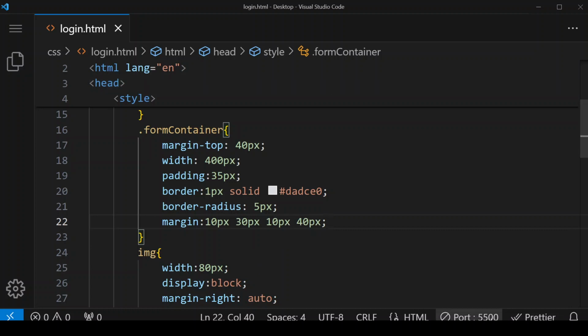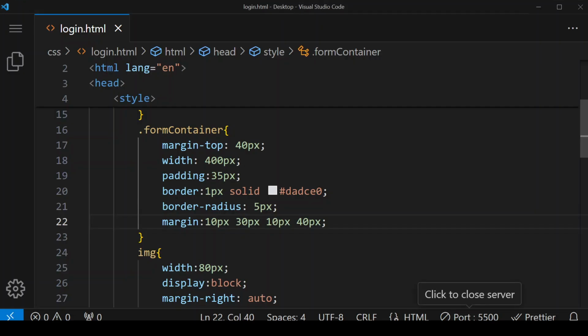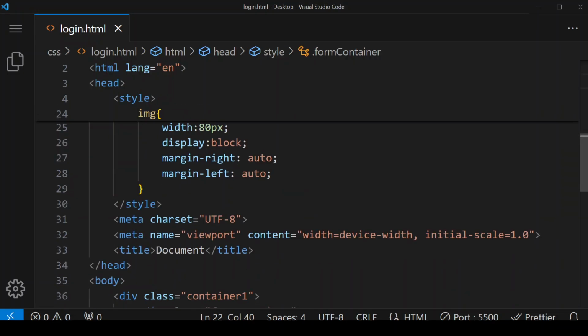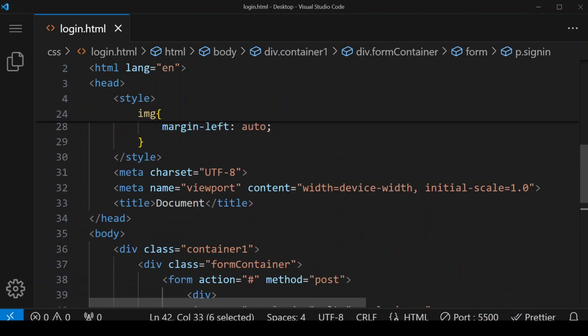Save it, and this is how our page is looking right now. So we have got the border of our form, and all the contents are in this form, and this Google has reached to its center. Now we have to do the things for the sign in and continue text box and all these things. So for that, here we have created a class sign in. So here we are using this class